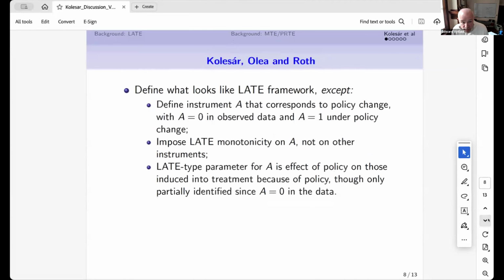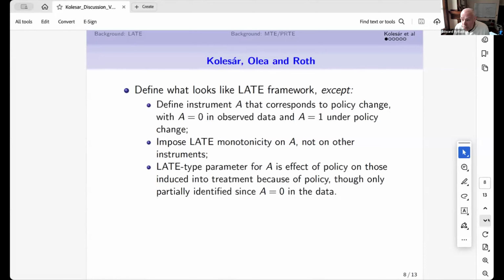So getting into this paper, the framework looks exactly like the LATE framework, except they're defining an instrument that exactly corresponds to the policy change. And so in a way that makes LATE immediately policy relevant. If LATE is done with a binary instrument that exactly corresponds to the policy change, then LATE is the effect of the policy. And typically you just take the instrument as given. Here they're not taking this instrument as given, they're just defining it to be the effect of the policy. And so then in some ways you're golden.